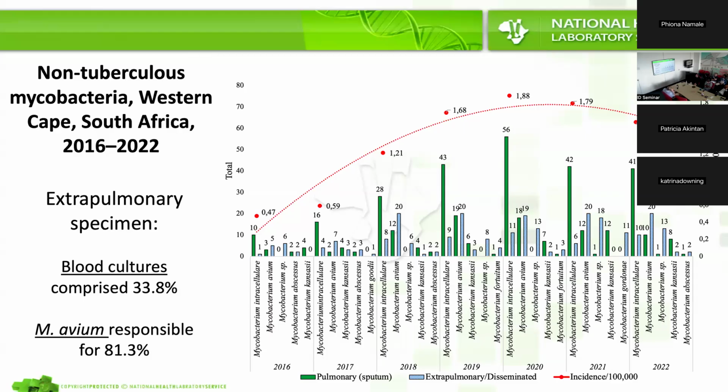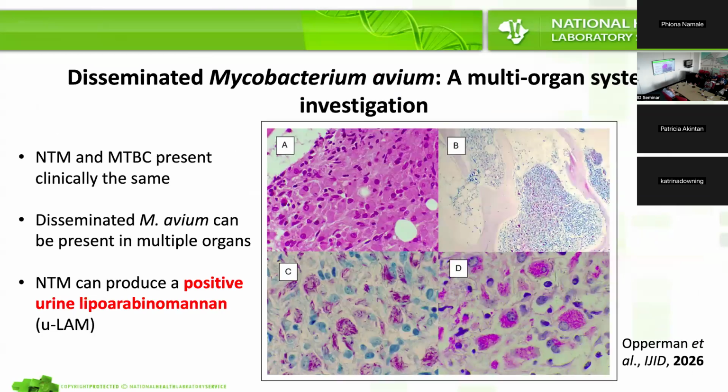Extrapulmonary specimen site-wise, we're still seeing a lot of bacteremia, blood culture NTMs. And from those, more than 80% being Mycobacterium avium. So this beautiful picture here from a bone sample was taken by one of my colleagues there at Greenport Lab, one of the hematologists. And I think you all can appreciate that predominance of organism present. So in this specific patient, from the pulmonary site and bloodstream, they could culture the Mycobacterium avium as well.